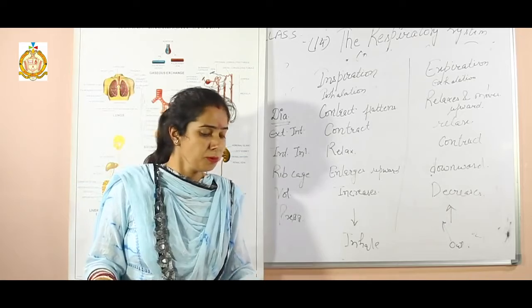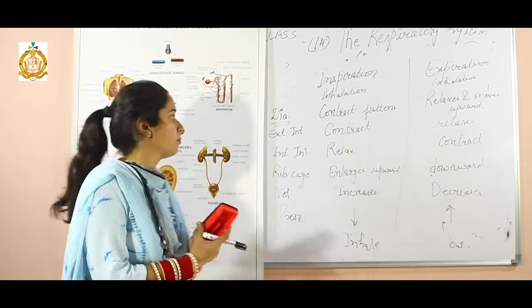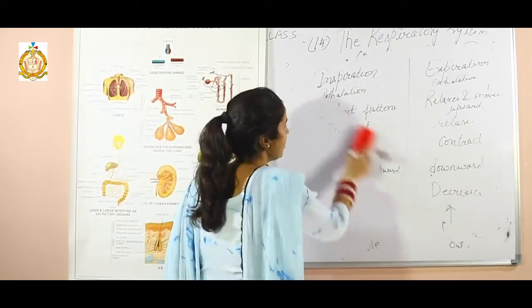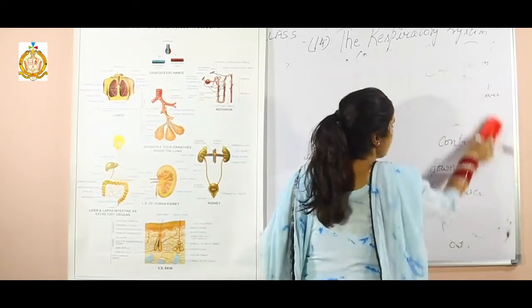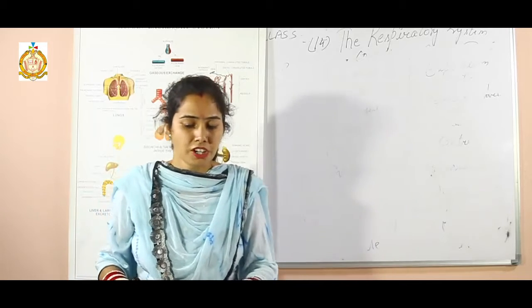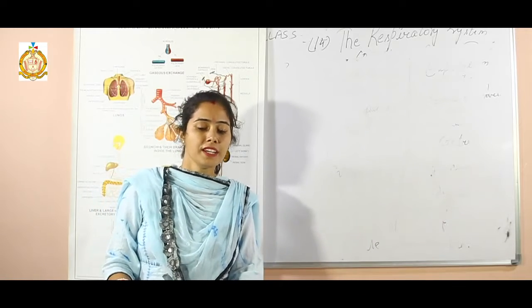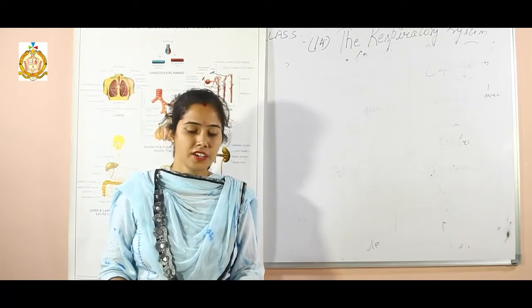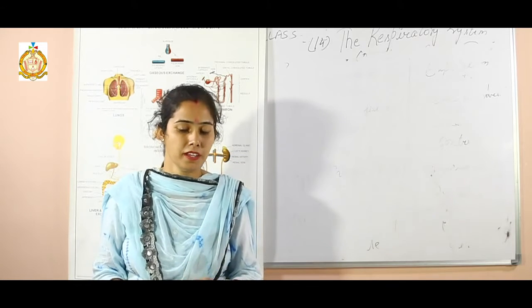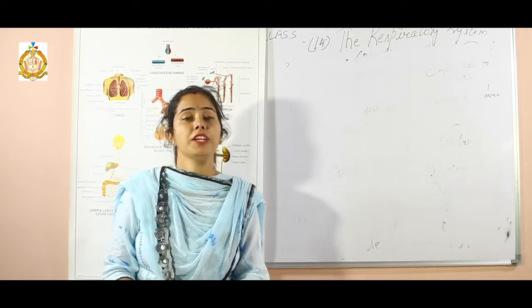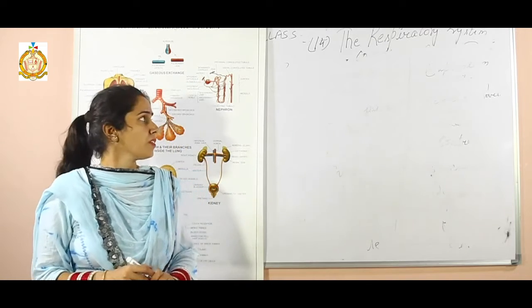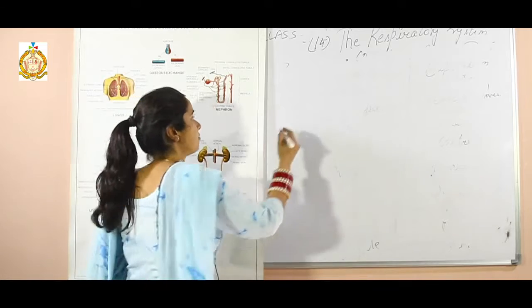Breathing movements are controlled by a point located in the brain known as the medulla oblongata. Breathing is an involuntary reaction, but to some extent one can consciously increase or decrease the rate and extent of breathing. If you forcibly hold the breath, a stage will come when you cannot hold it any longer. Now the next one is the capacities of the lungs.